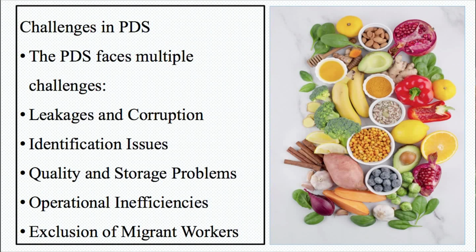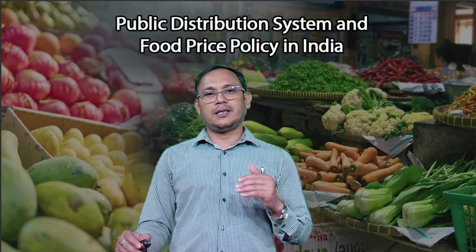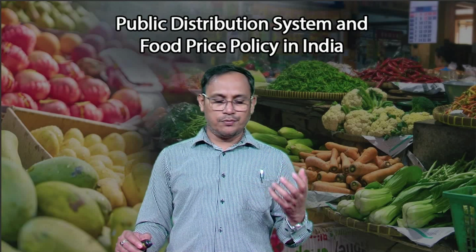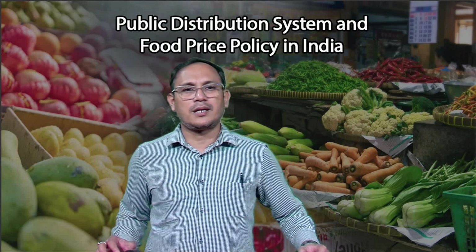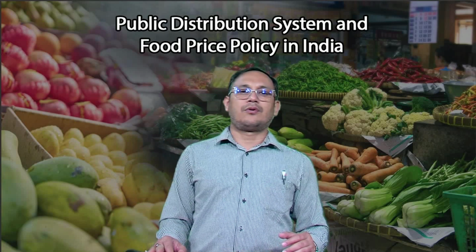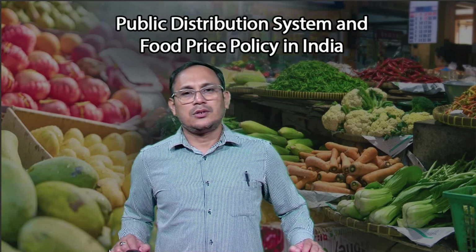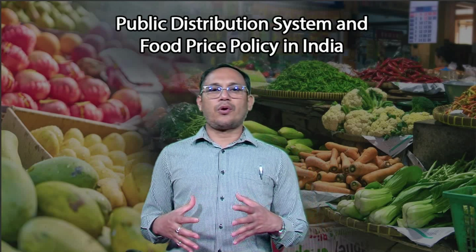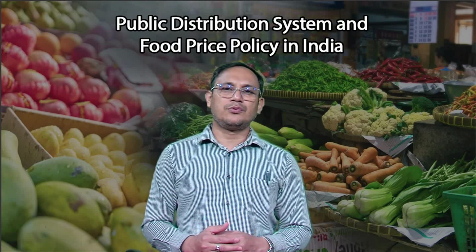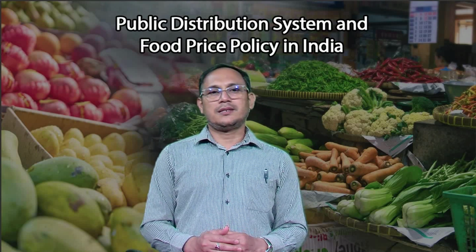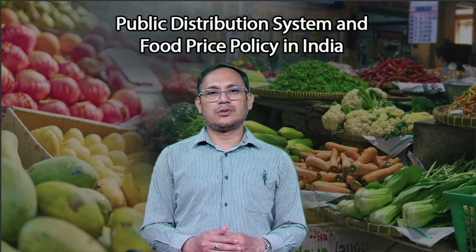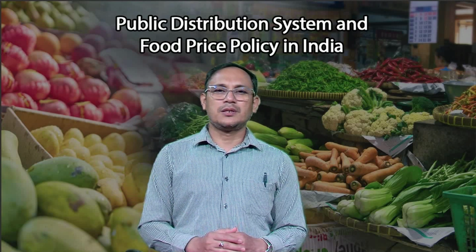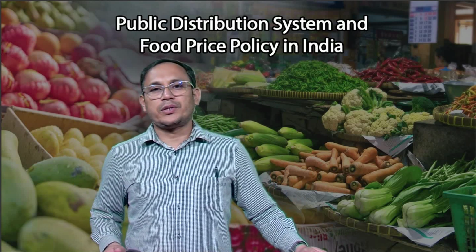Quality and storage problems are another issue, because maintaining quality and storage requires a huge investment. And if you consider India, which is considered an underdeveloped country, where revenue sources for both the central and state governments are limited, sometimes the amount of investment needed for development of storage facilities or improvement of the quality of food is not enough. As a result, it is another challenge of the public distribution system, because it leads to poor quality of food grains and inadequate storage facilities, and ultimately results in some kind of wastage.